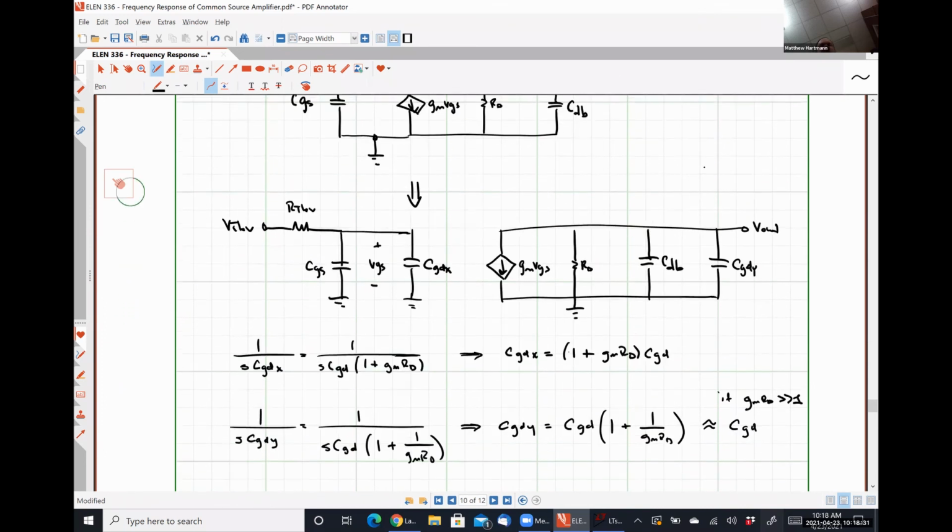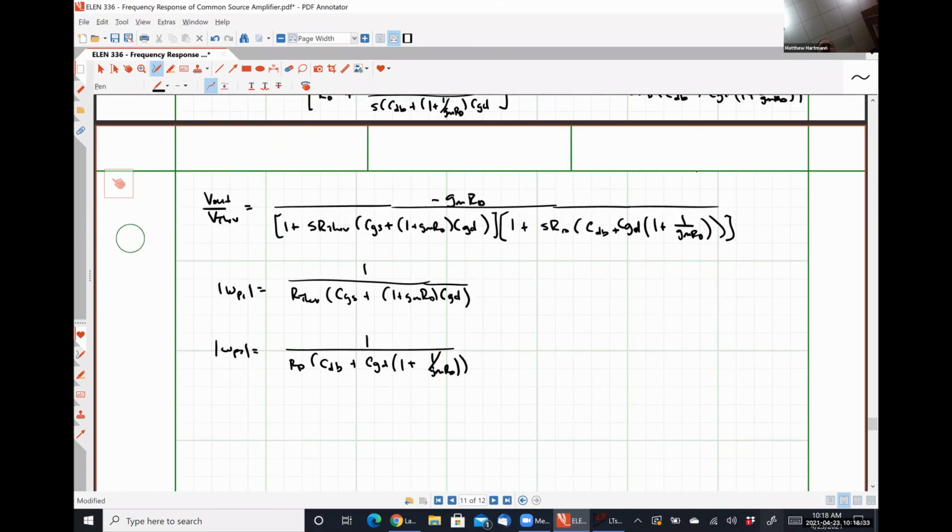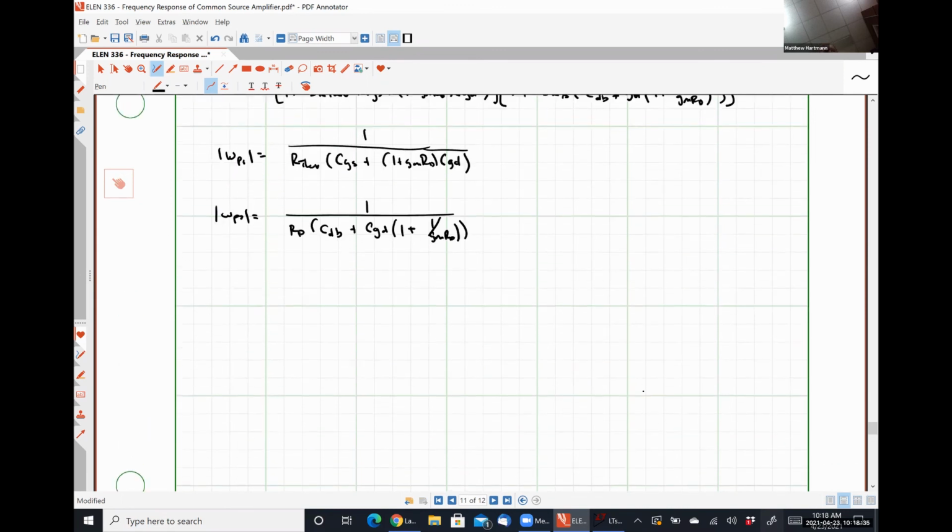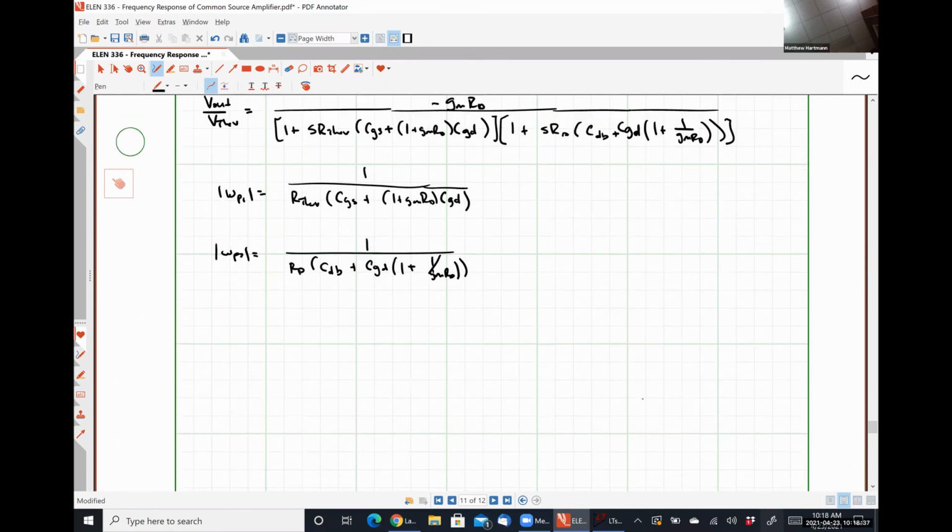What I mean by that is, using the direct method and the method of open circuit time constants, I got the location of the first pole frequency to be at about 13.8 megahertz, and the Miller method told me it was at 14. So it's just a little bit off. All right, so